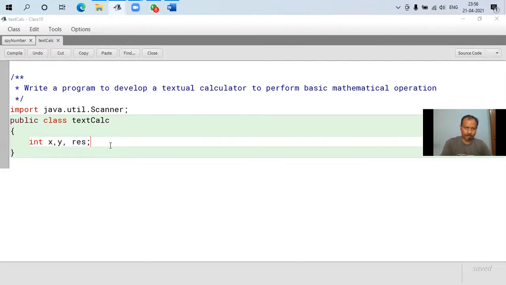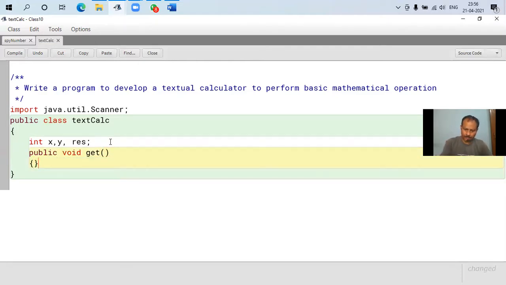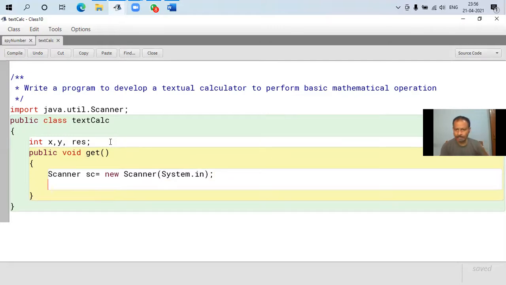So the first thing we need is a method. We would be using this method to get the input from the user. So we need to define the Scanner here. Fine, we have defined the Scanner.